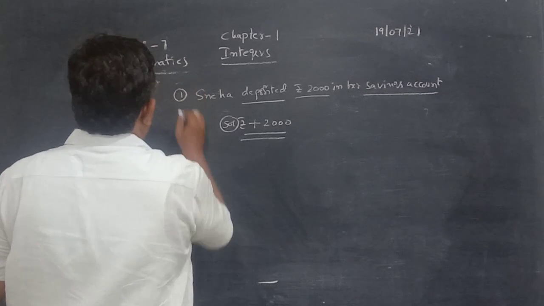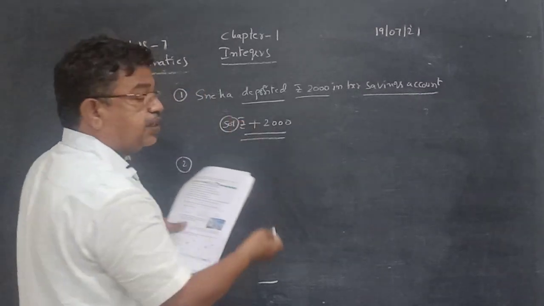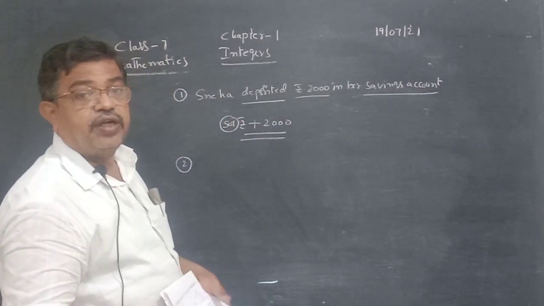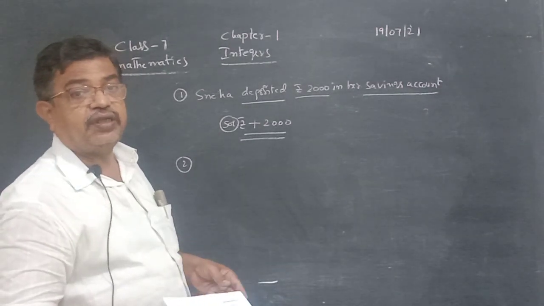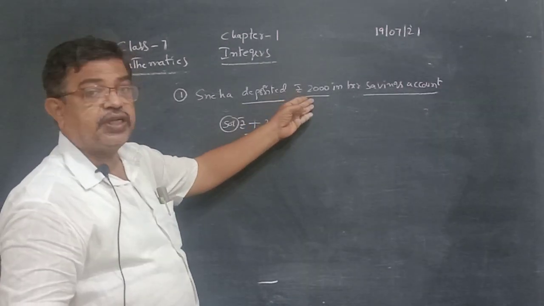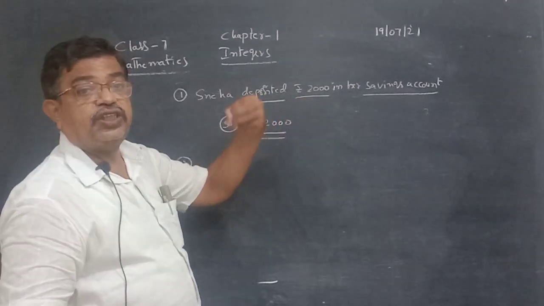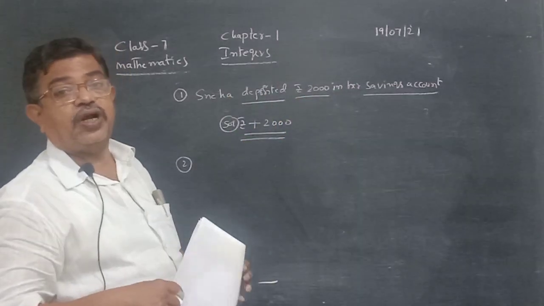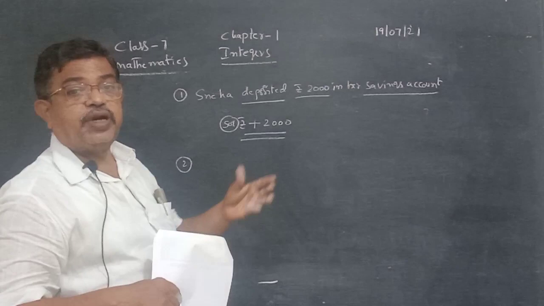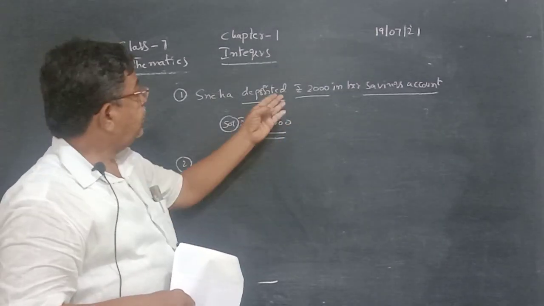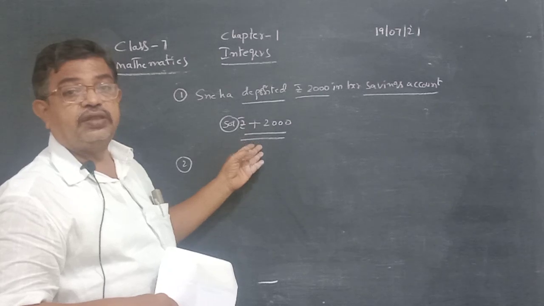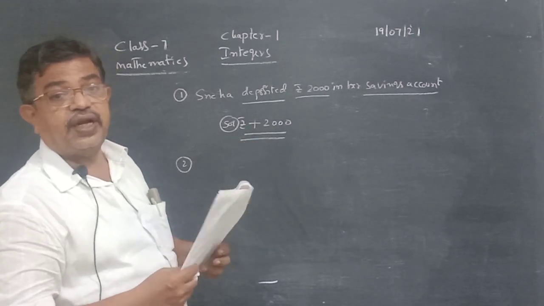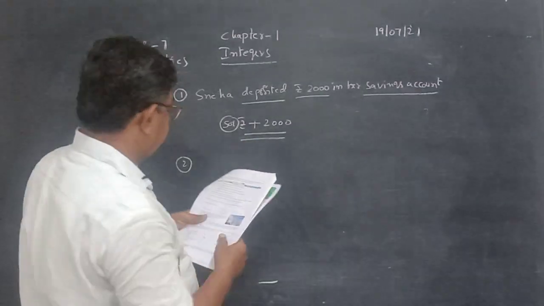First one. Second one, all these come under daily life situations or not? You are depositing an amount in the bank, it is a real life situation. How much money is deposited? 2000 rupees. It is in your account, it may not be in your pocket. Whenever you need the money, again you can withdraw it. Suppose you withdraw 2000 rupees, then it comes as minus 2000. So real life situations like this you can understand.